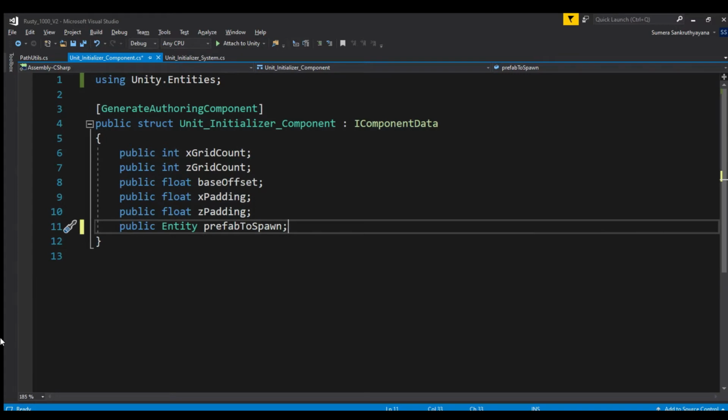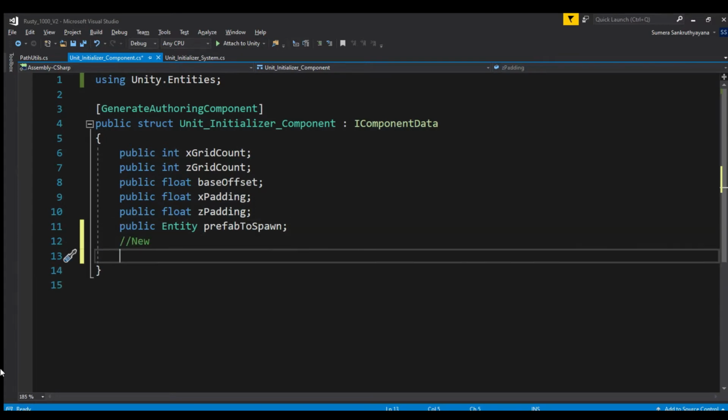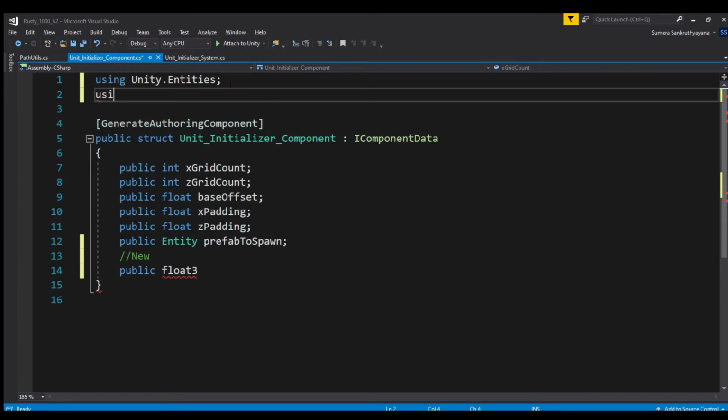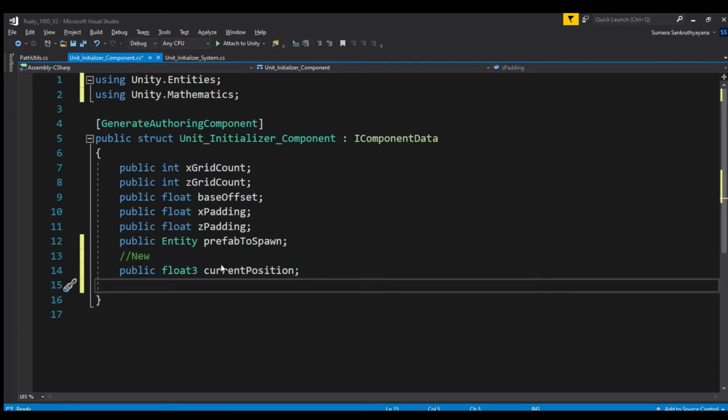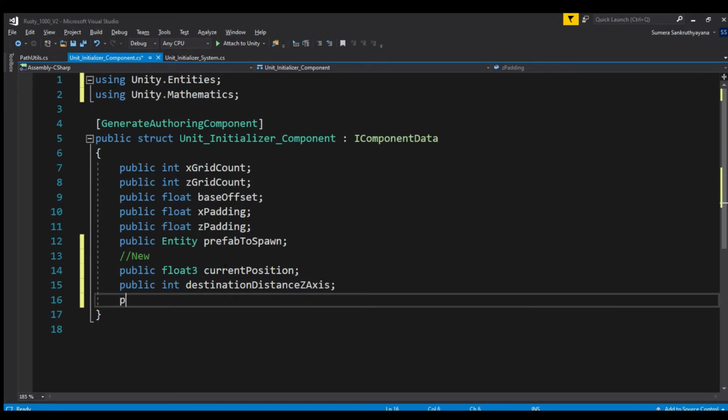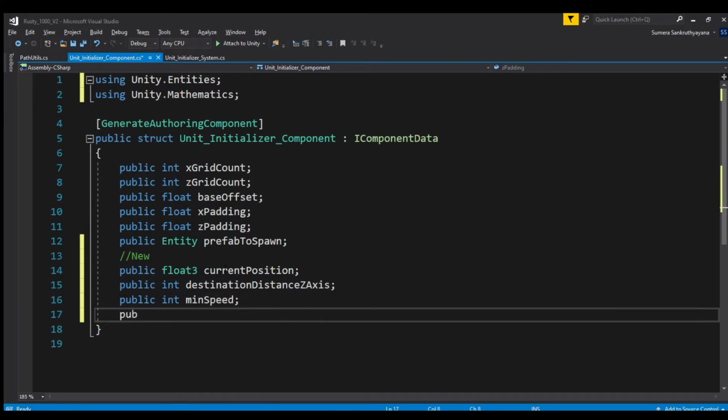We are obviously going to need new variables in our unit initializer component to add behavior to our spawned entities. Firstly, we don't need the entities to always spawn at the world origin. Instead, we want them to spawn from the current position of the spawner. We are simply asking our entities to move to the other end of this course. So we need to specify how far along the z-axis the respective destination is located. This is just so we can make our entities move and is specific to this scenario.